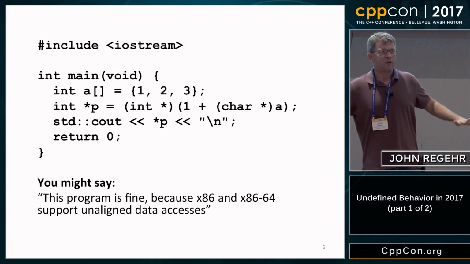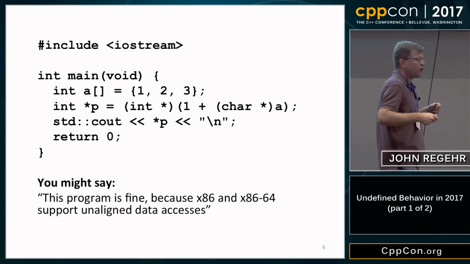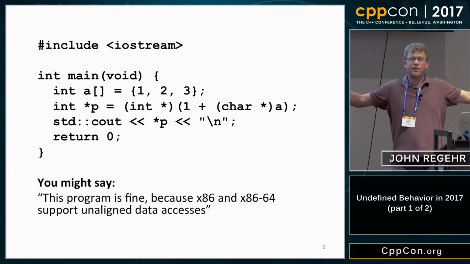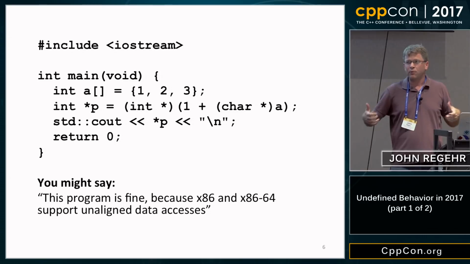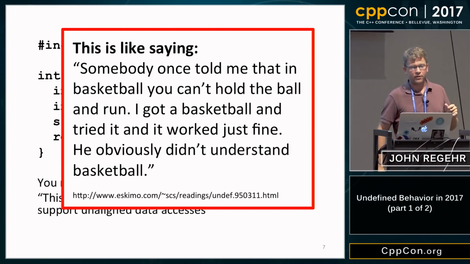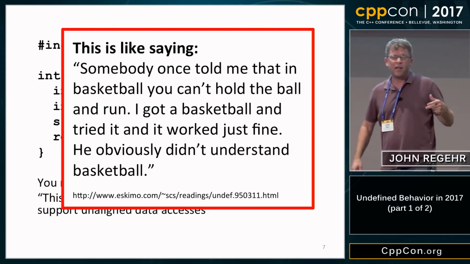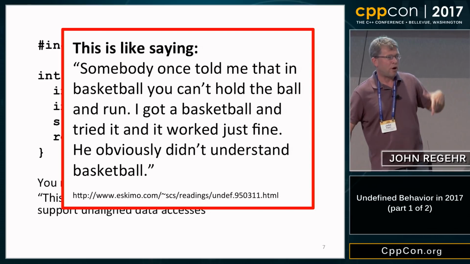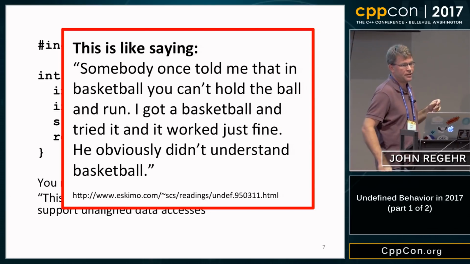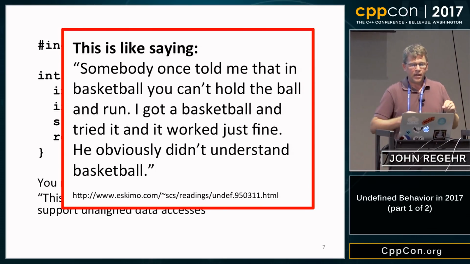It's really hard to escape from the mindset where you make these assumptions about the platform and you lose track of the fact that C and C++ define abstract machines that you really have to think of as not being tied to the platform. And so the analogy I'm going to use here is one that I didn't come up with. It's one that somebody posted on the internet a long time ago, which is that saying that this program should work because x86 supports unaligned memory references. I'll just let you read it. It's a reasonable analogy here, and